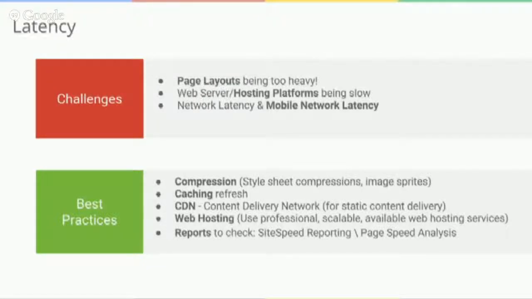And finally, we have a set of reports that can help you: site speeds reporting and page speed analysis reporting, which we really encourage our clients to look at and understand if they have any issues on their site and try and diagnose that better. Those are some great best practices. I know there's also a best practice white paper that you guys recently put out. Can you tell us a little bit about that?